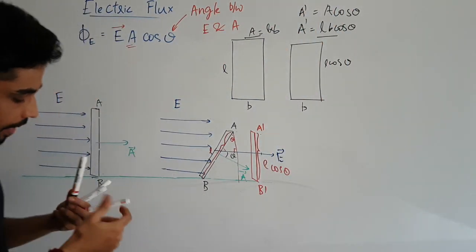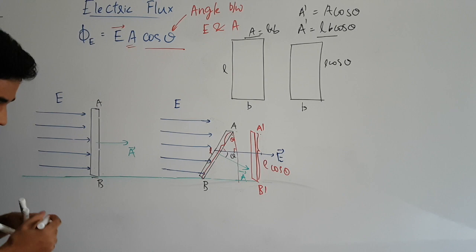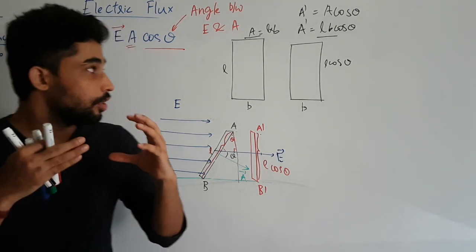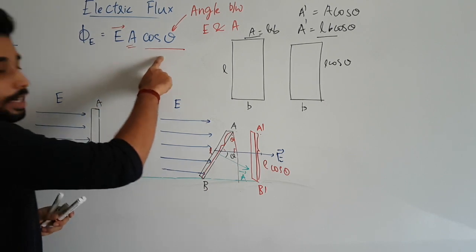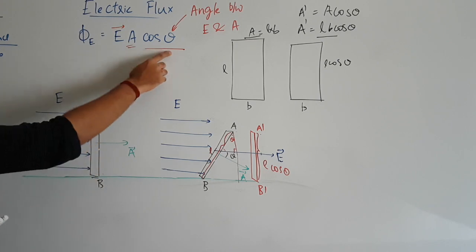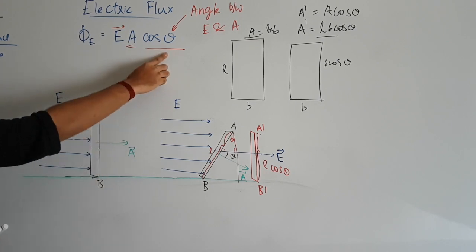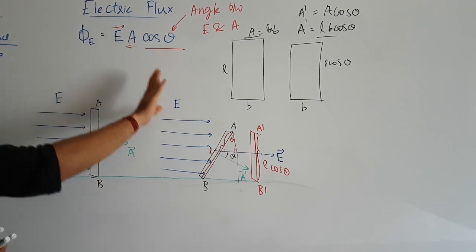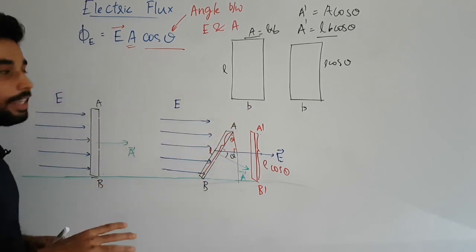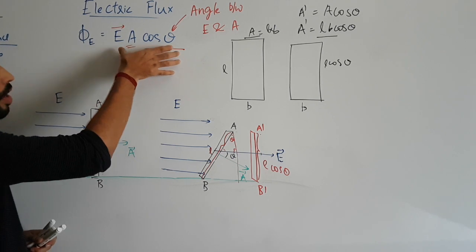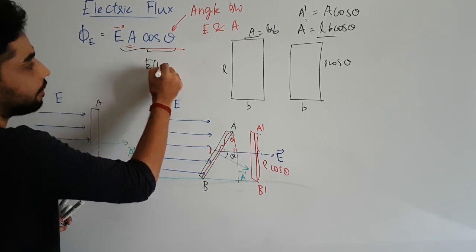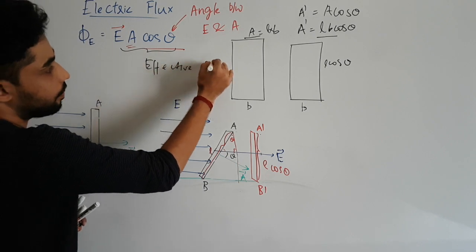So that is why we have this term of cos theta here. It's just that the orientation of the area to the electric field matters. So that is why we have a term of cos theta. Here, since the area and the electric field are not making any angle, theta will become 0, so you will be just getting E into A. But if it is at some angle, then the effective field line cutting will be decreased. Hence there is a reduction of the area, and you can call this entire area the effective area.